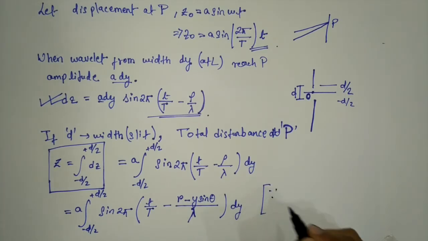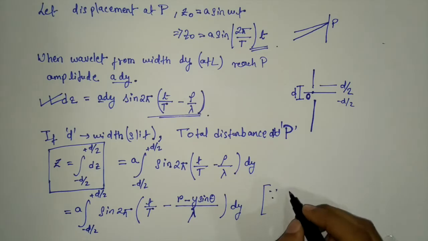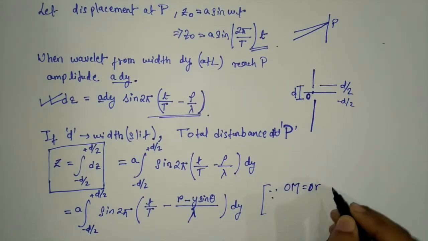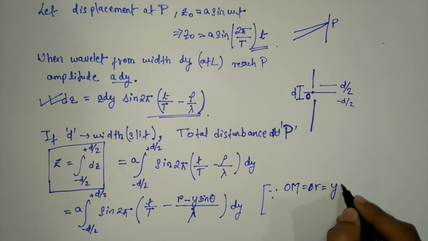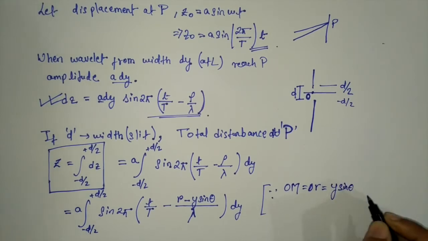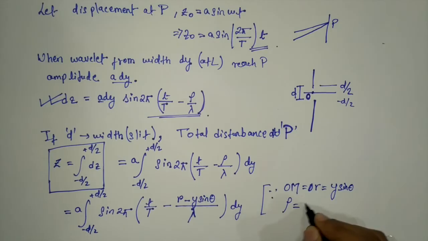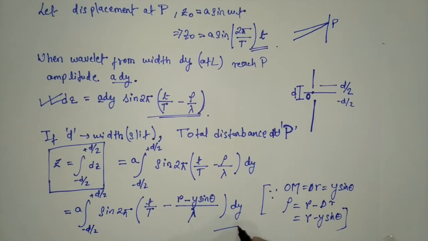Let me write the reasons why we have taken this. We have considered OM equal to delta R, and that is equal to y sine theta, we already know, and rho is equal to R minus delta R. So rho will be equal to R minus y sine theta. That's why we are getting this step. Now integrating further, we get